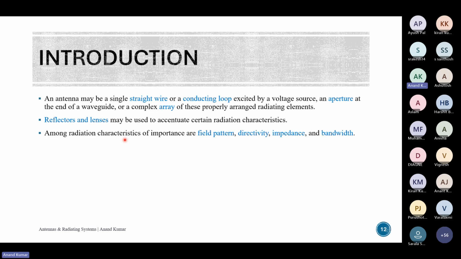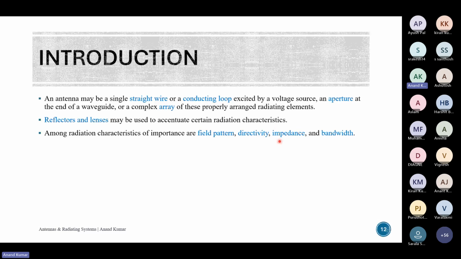Among radiation characteristics, these are the topics we'll see in the next class: field pattern, directivity, impedance, bandwidth. These are the properties around which we try to model our antenna. You might need a certain sort of pattern. You might want it isotropic, omnidirectional, or in just one direction with a narrower beamwidth. You might want two beams. That is what the field pattern is. If you don't follow, don't worry; in the next class we'll discuss them in greater detail. Directivity is the amount of gain you want in one direction, how narrow the beam would be.